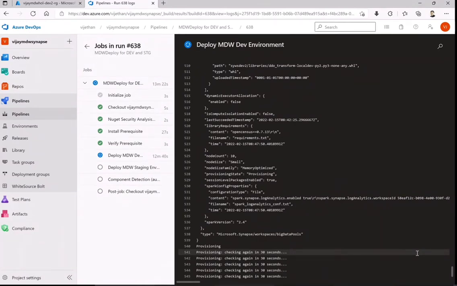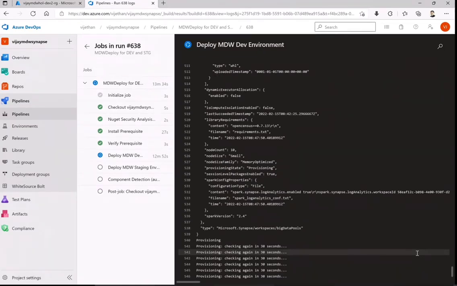It is not necessary if you are working with smaller projects or a scaled-down version for the customer; you will just need a dev or integration equivalent to production rather than three separate environments. So you have to adjust accordingly. That is the reason I provided separate scripts, so just work around those scripts as per your needs. But this holds good for any environment you will be working on, the modern data warehouse or Snaps Analytics.